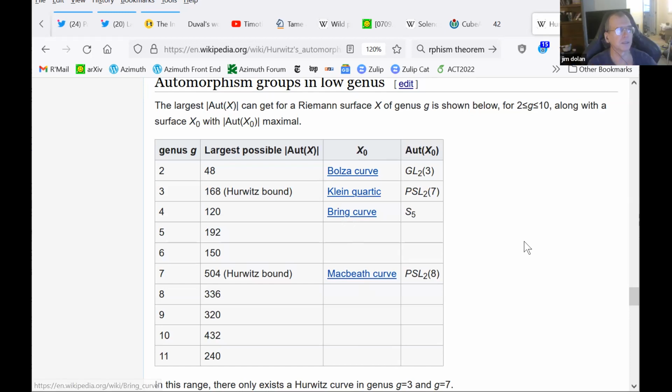So okay. Yeah, so Bring's curve is genus 4. Oh, okay, so I got mixed up. I was thinking of the Bolza curve in genus 2. Yeah, okay, I was getting mixed up too. Sorry. It's okay. Yeah. So anyway, for some reason or other I was mentioning this stuff,